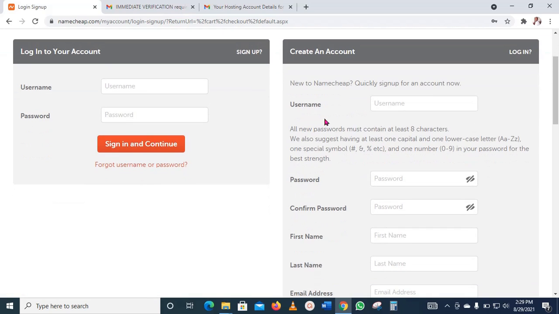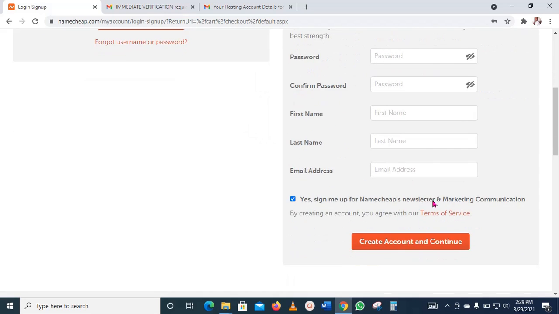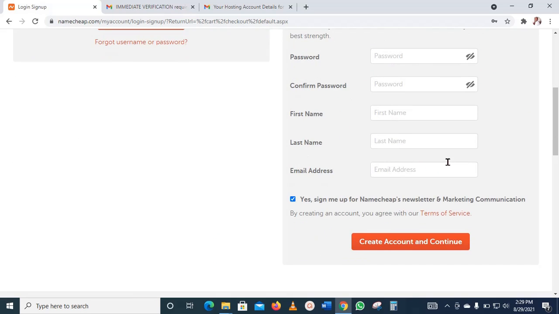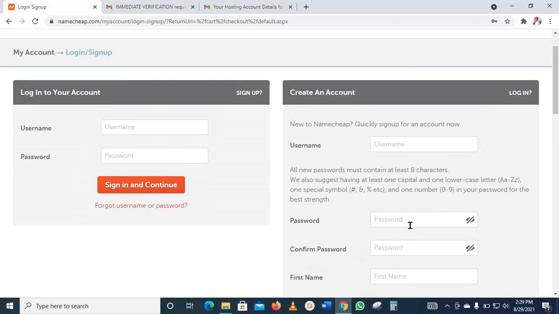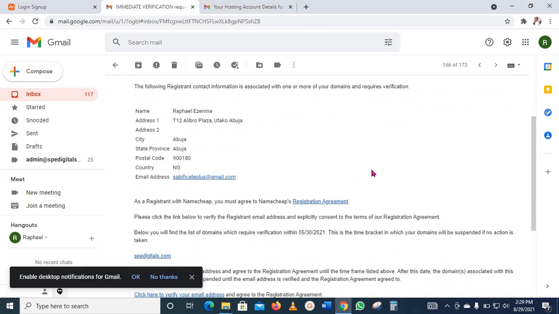Okay, now you're going to enter your email address if you already have an account with them, or you create a fresh account with them. Once you are done creating your account, these are the required details: your name, your email address, your password, and you click on create. Once you are done creating an account with them, an email like this will be sent to your email address,